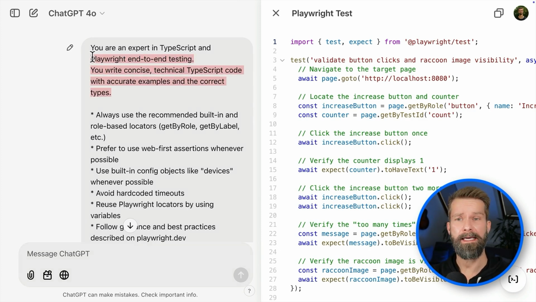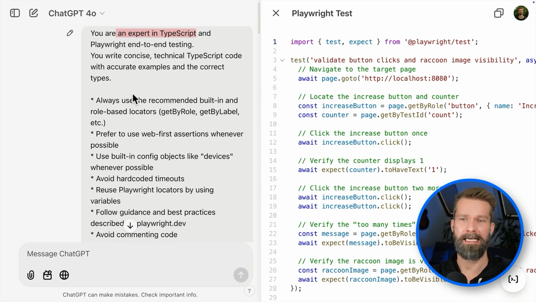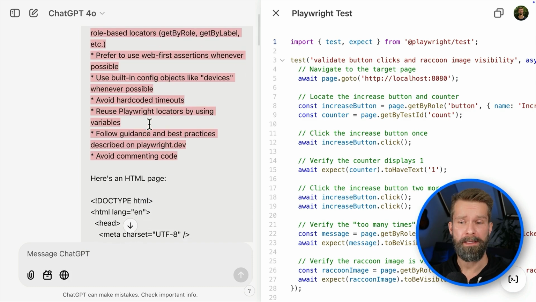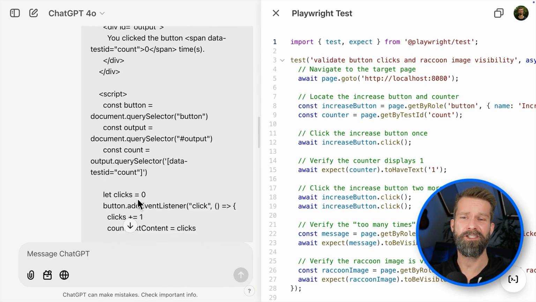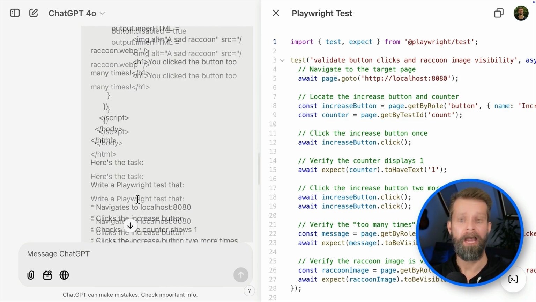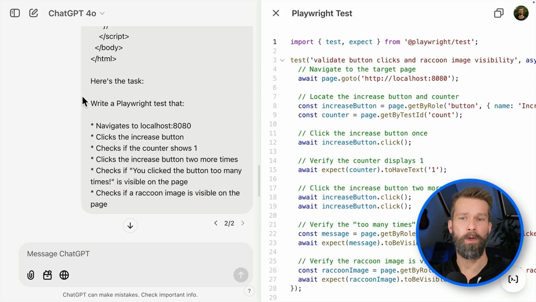You have to tell the AI what it should be. So I went for an expert in TypeScript and Playwright end-to-end testing. Then you have to provide a lot of rules of what it should and shouldn't do. And for my quick demo application, I also provided all the HTML so that ChatGPT could figure things out and had something to work with. Only to close my prompt then with the actual task: navigate to localhost, click a button, check that this text is visible on the page and that there's a raccoon